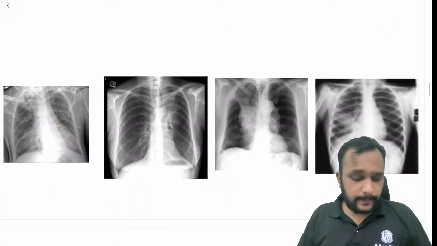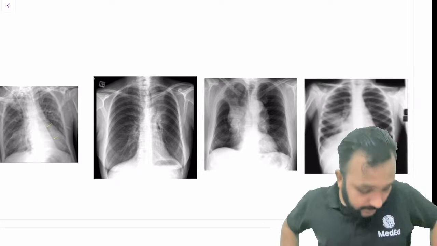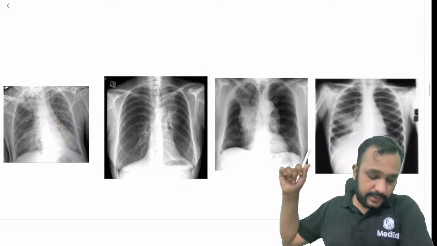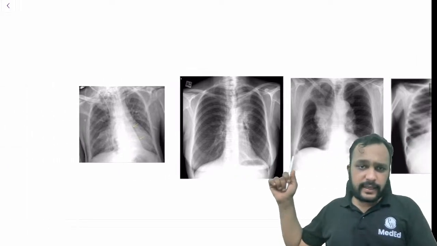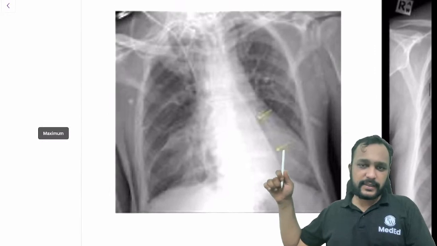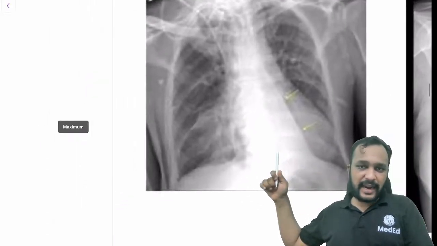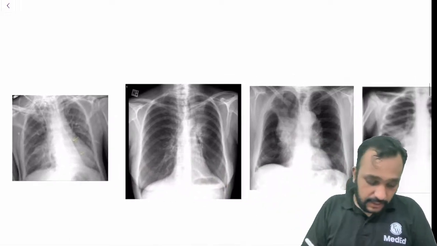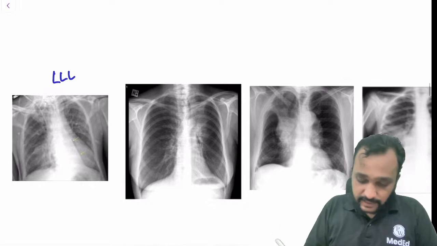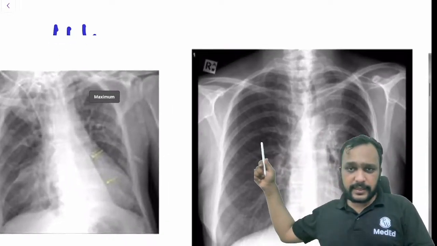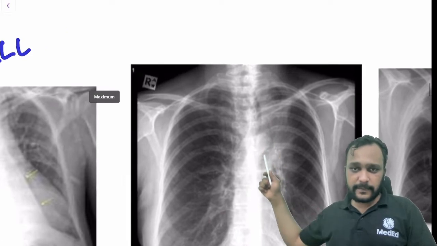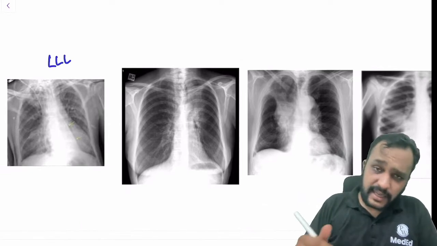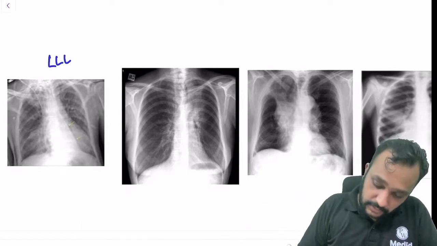Now, important named signs of collapse, guys, which you should be aware of. In the first image, we can see that there is a homogeneous opacity in the retrocardiac area. So this is the flat waist sign seen in left lower lobe collapse. In the second image, we can see that there is a sickle shaped lucency around the arch of aorta. This sickle shaped lucency around the arch of aorta gives a sign that is known as